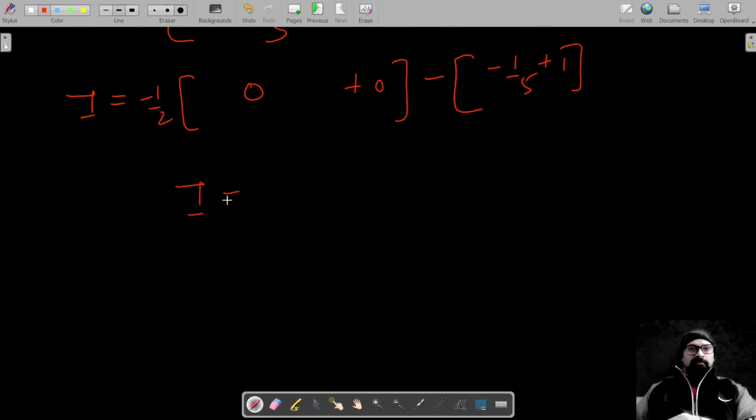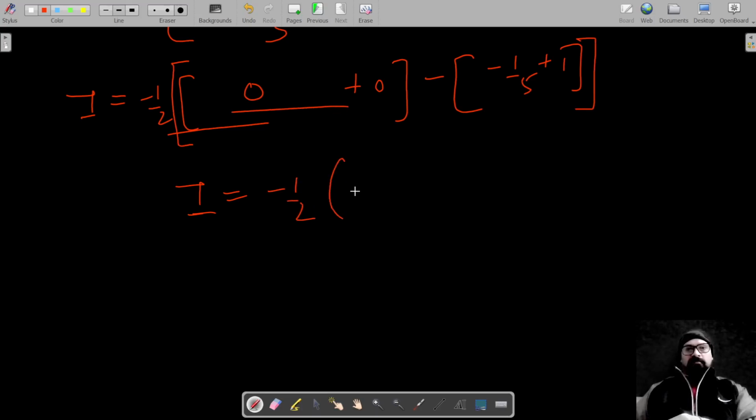So I becomes equal to, so half into 0 is 0. So this term reduces to 0. Sorry, this is half and this half is for the whole term. So this is negative half and this is 0. So now minus 1 by 5 plus 1 is 4 by 5, which